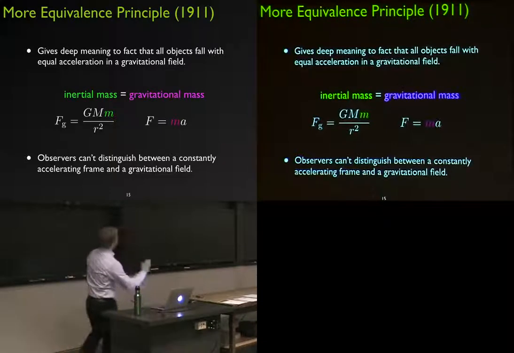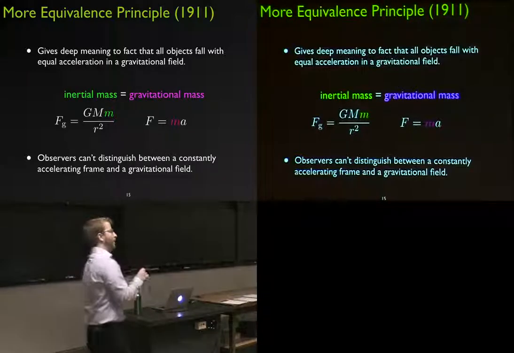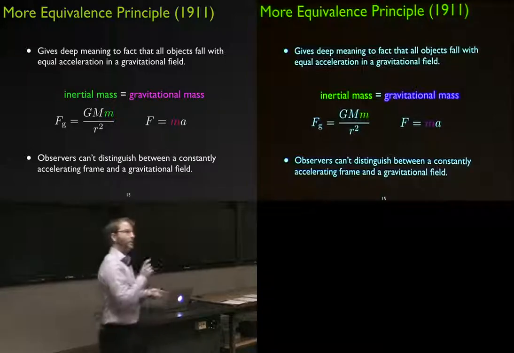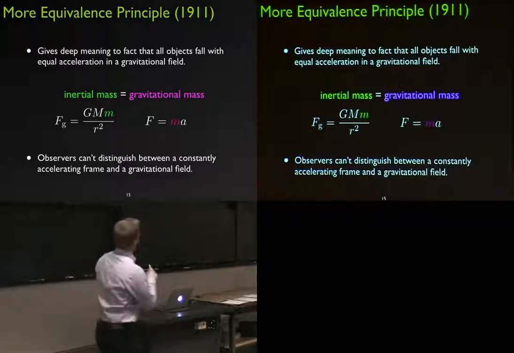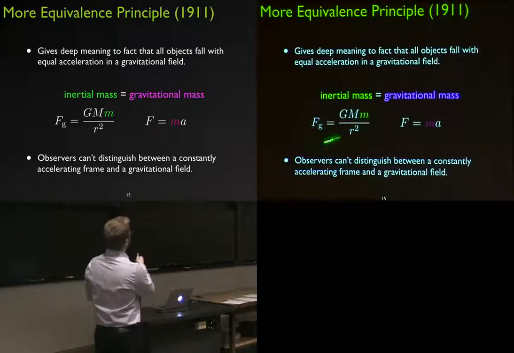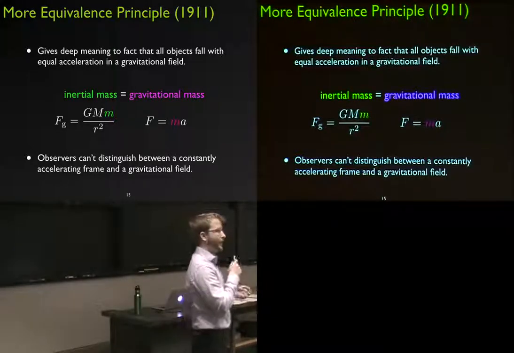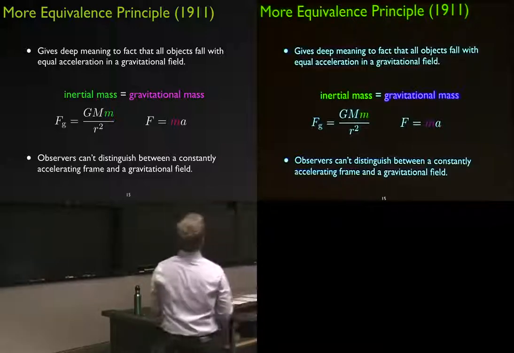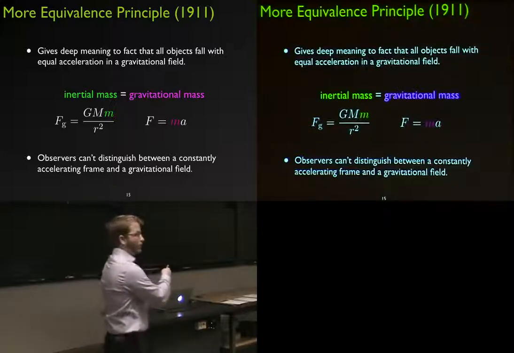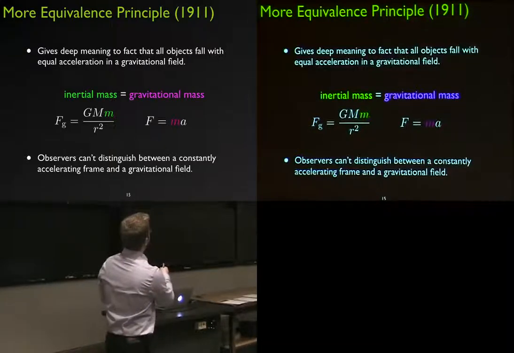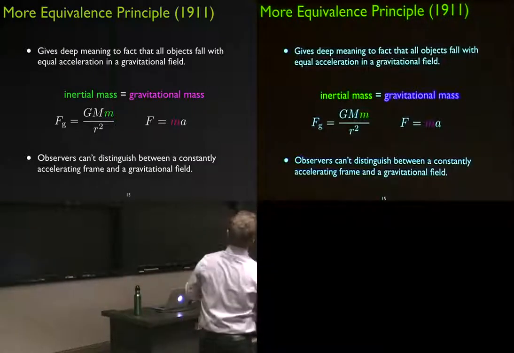All right. So the natural consequence of the indistinguishability of something in an accelerating frame versus in a gravitational field gives a very deep meaning to something that was only experimentally found to that point, and that's the equivalence of the mass. So this equation here is Newton's description of gravity. It was doing a fantastic job of describing gravity as we see it in the solar system, besides Mercury's orbit in some ways. That is the equation for the force of gravity according to Newton, and that little m is the mass of the object that you're looking for the force on. So in our case, it's the mass of us.